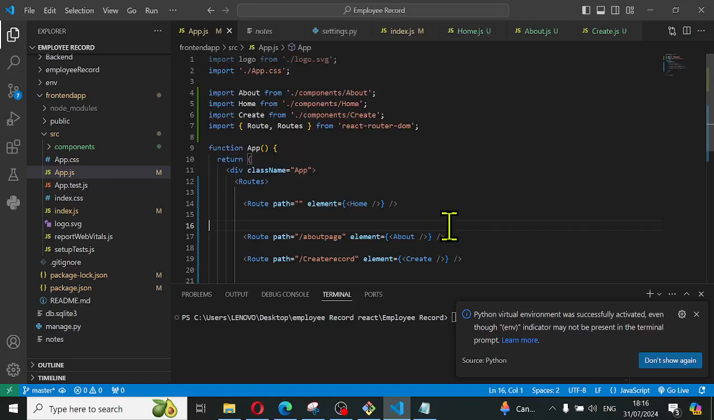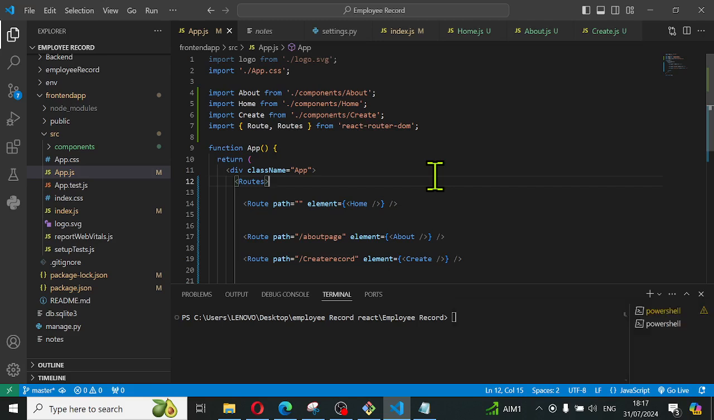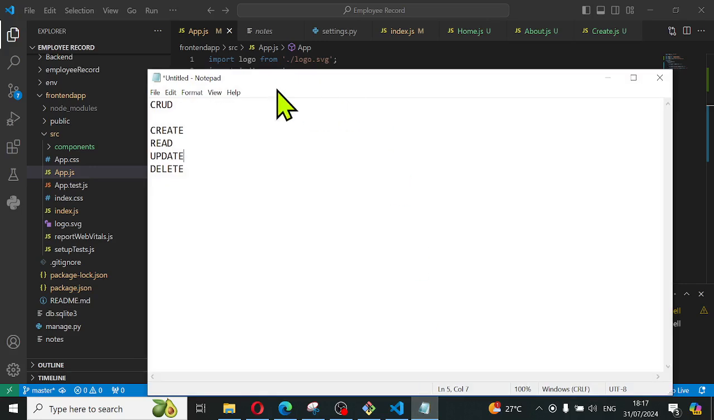My name is Evans and this is the third tutorial series on our React, Python and Django web app development. We're building an employee record management system with basic CRUD functionalities. CRUD stands for create, read, update and delete, and we're using React.js for the front end, Python and Django for